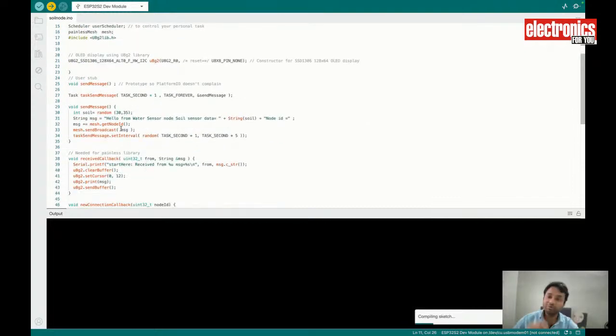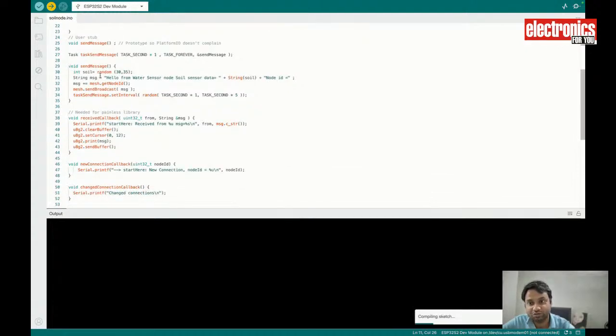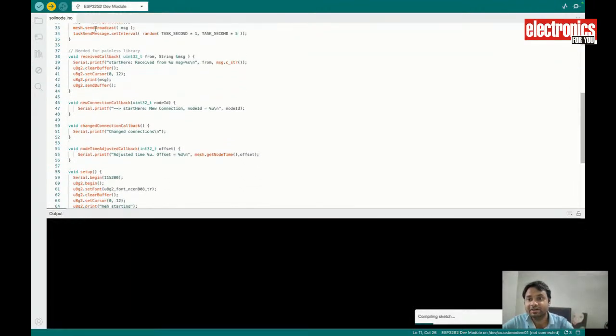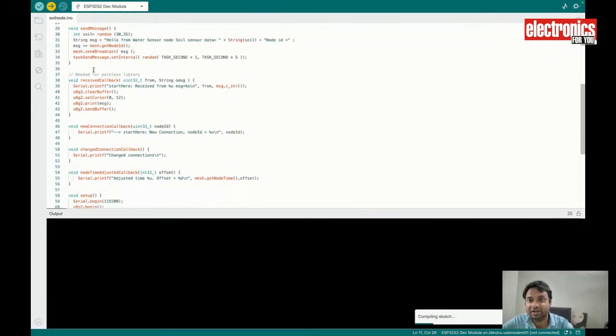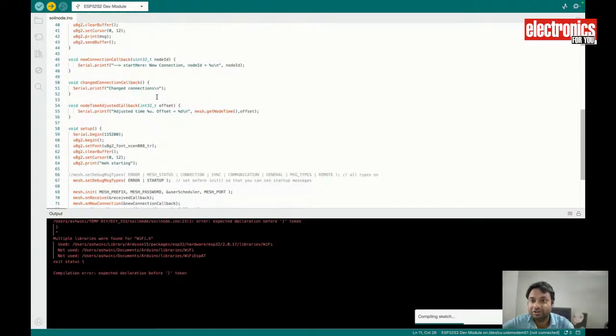And then if you want to send a message, you have to create a void send function where you add whatever message you want to send to that mesh network. In this function you can send a string like this. And if you want to send some kind of soil sensor data or temperature sensor data, then in this send message function you can take the data, convert it into a string, and attach that data to this string. And then you have